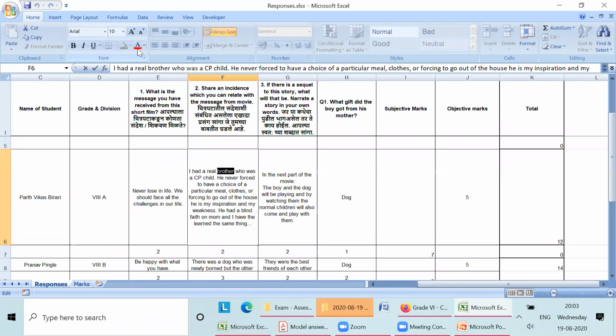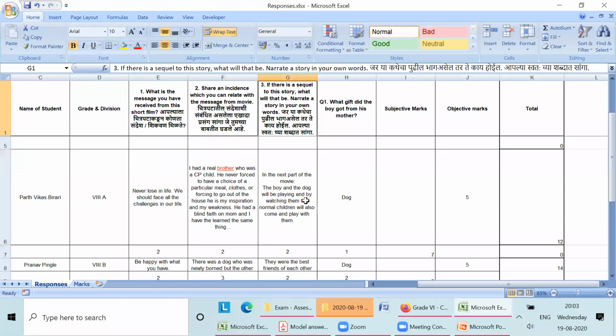And sir, one more question I had. In literature, the first question is what is the meaning of crystal, and the form part means you have to use that word crystal in your own sentence. So there are two things, and it's just 2 marks. If the sentence is correct, you will give 1 mark. If it is not correct, how will I show the mistake?